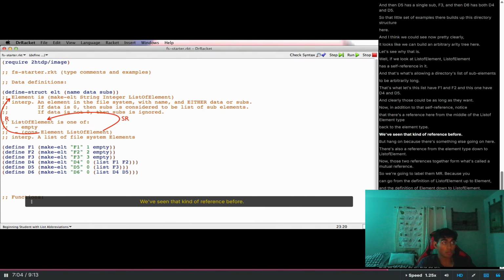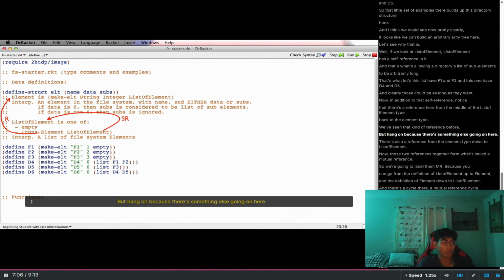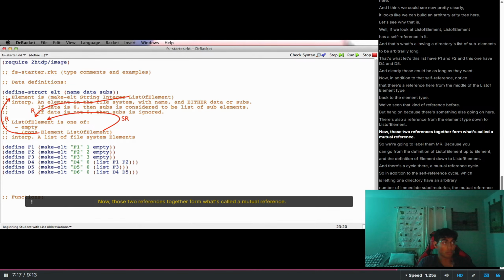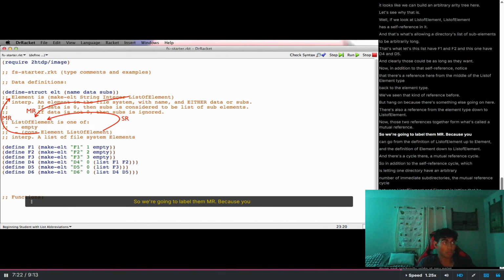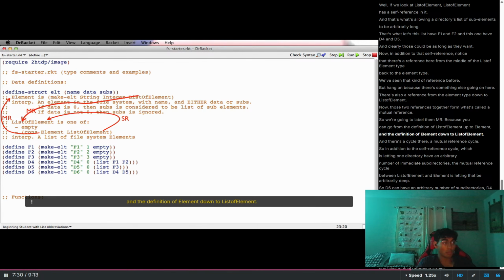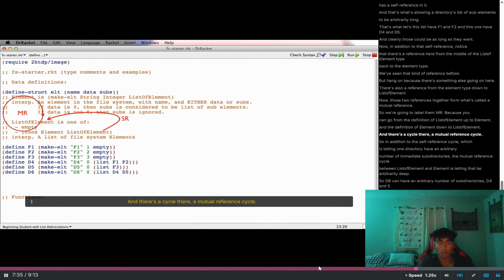We've seen that kind of reference before, but hang on, because there's something else going on here. There's also a reference from the element type down to list of element. Now those two references together form what's called a mutual reference. So we're going to label them MR, because you can go from the definition of list of element up to element, and the definition of element down to list of element, and there's a cycle there, a mutual reference cycle,